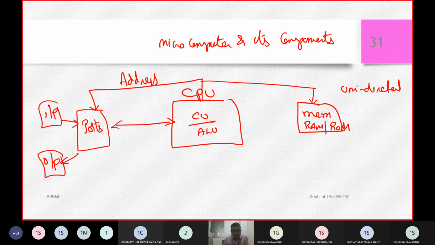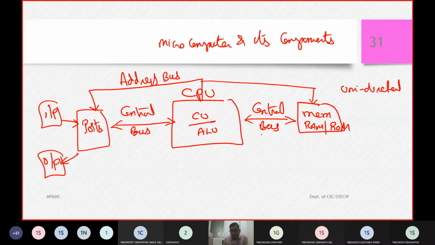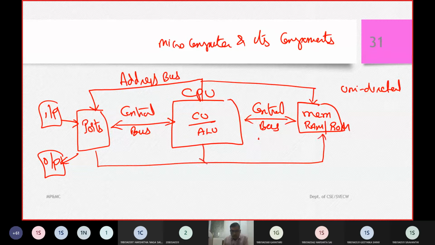Then we talked about the control bus, which is bidirectional. Then we talked about the data bus, which is also bidirectional.